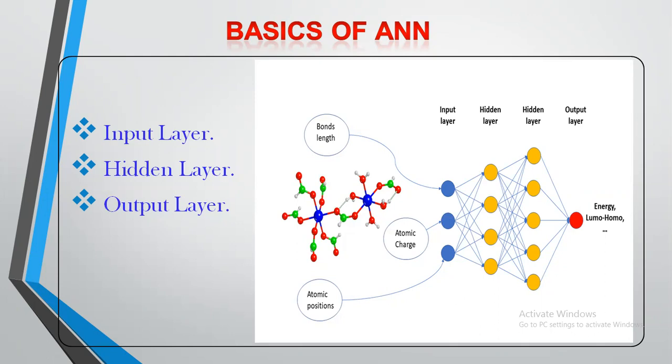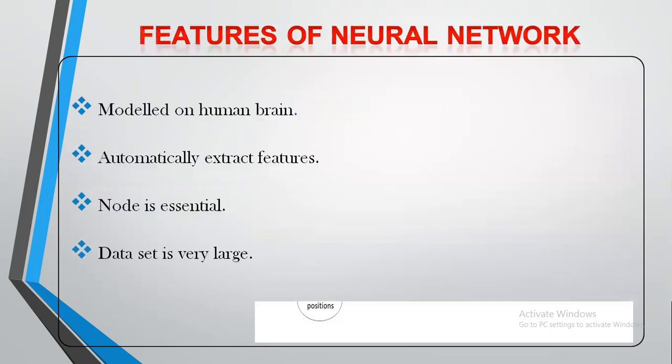Let us discuss the difference between biological and artificial neural networks. Any idea about the difference between biological neurons and artificial neurons? Yes, the first difference is that in biological neurons we are using neurons or cells, nerves. But in the artificial, we are using silicon transistors to process the information and to store the information.